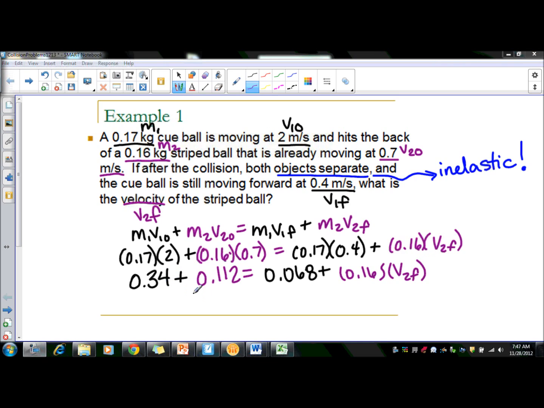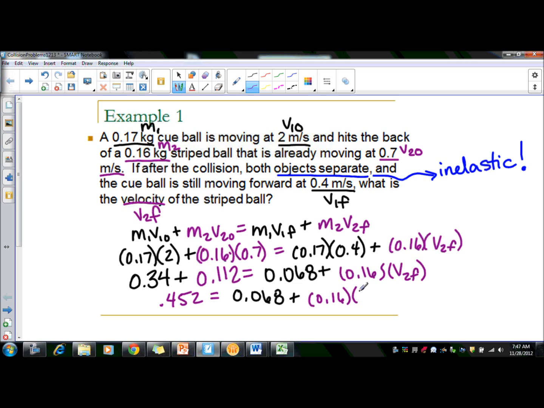So now we're going to combine these two, add them together. So 0.34 plus 0.112 gives us 0.452, and that's still equal to 0.068 plus